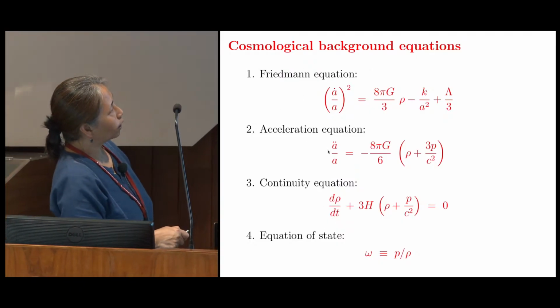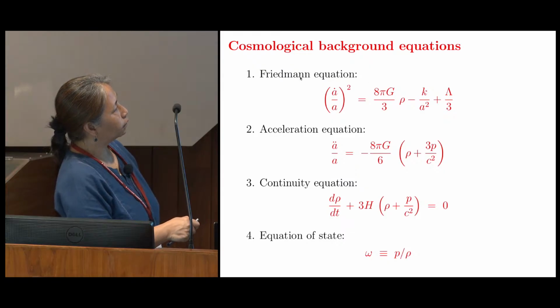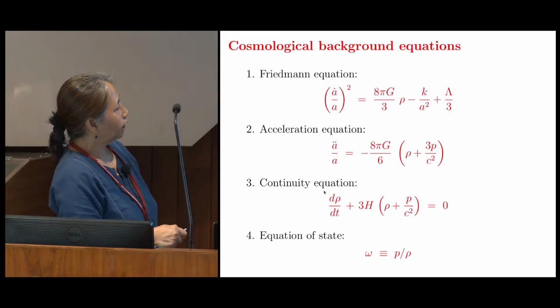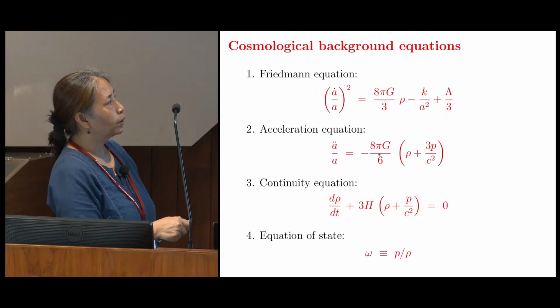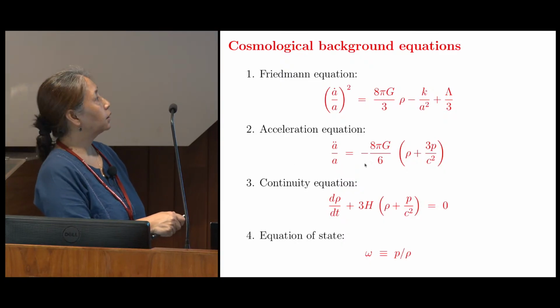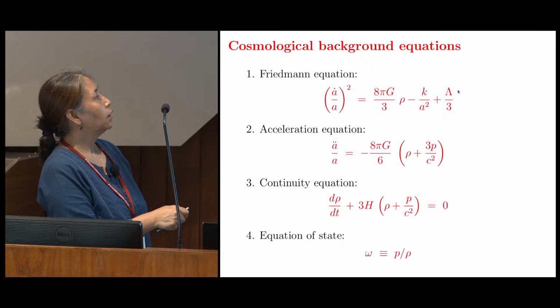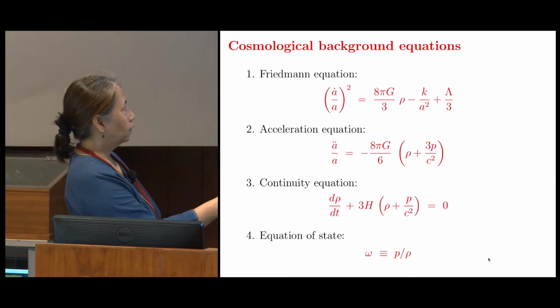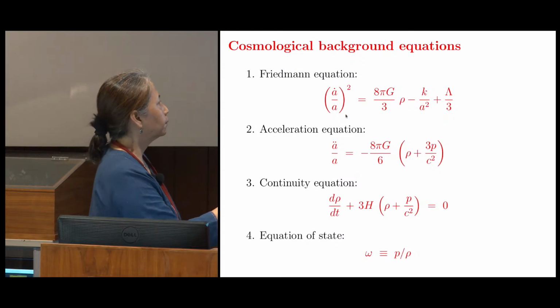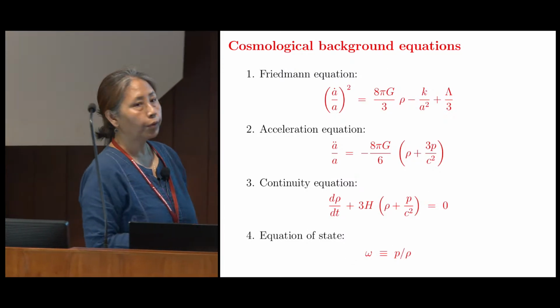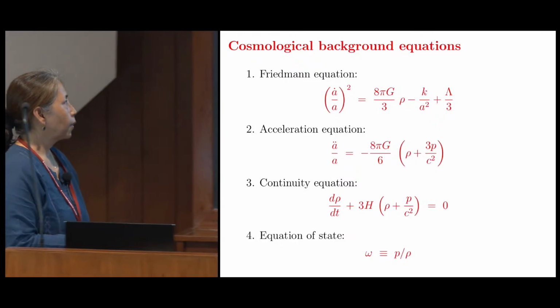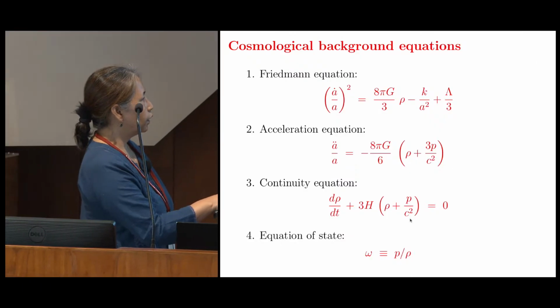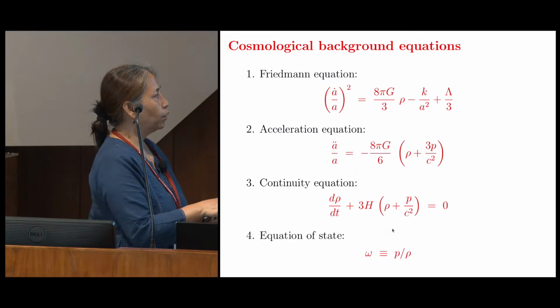So you may say, okay, if you take the derivative of this and maybe use the continuity equation, you should be able to get this, right. This supersedes this equation, but this equation is useful as a constraint. So, it's a useful equation. Then from the conservation equation, you can get the continuity equation, which tells you how the